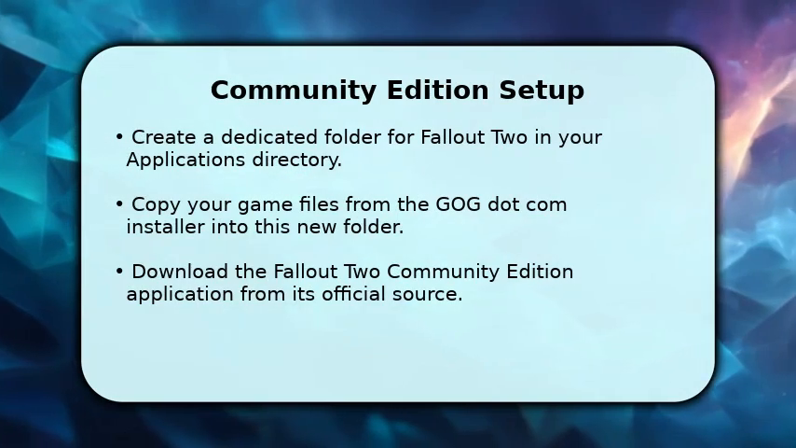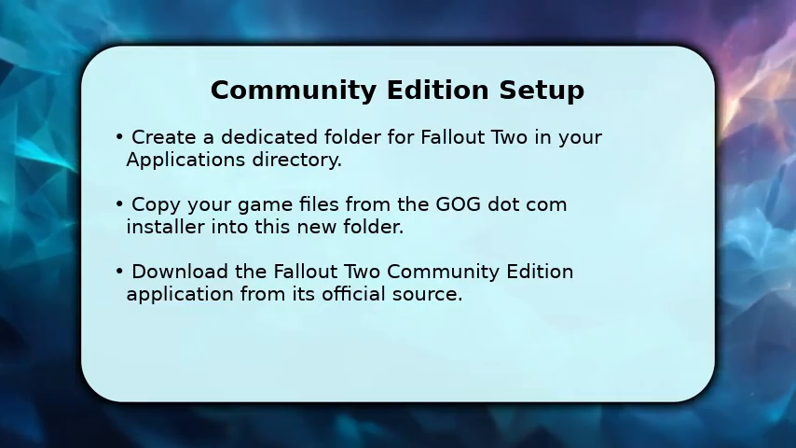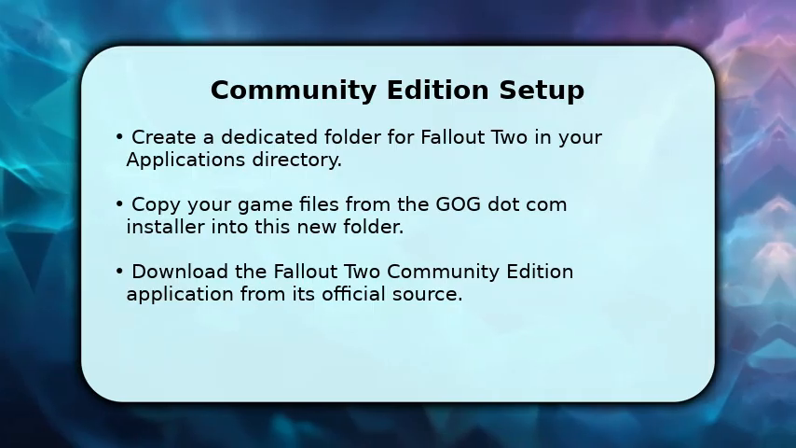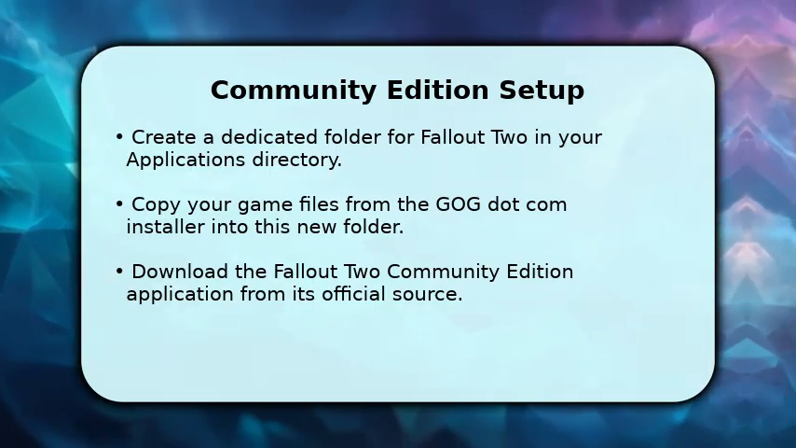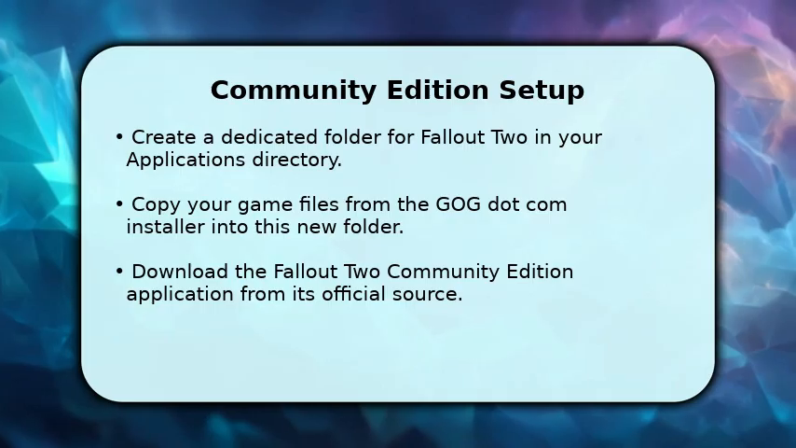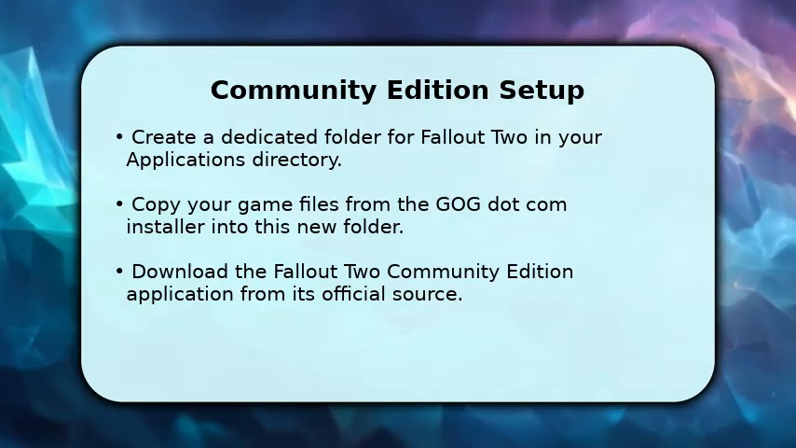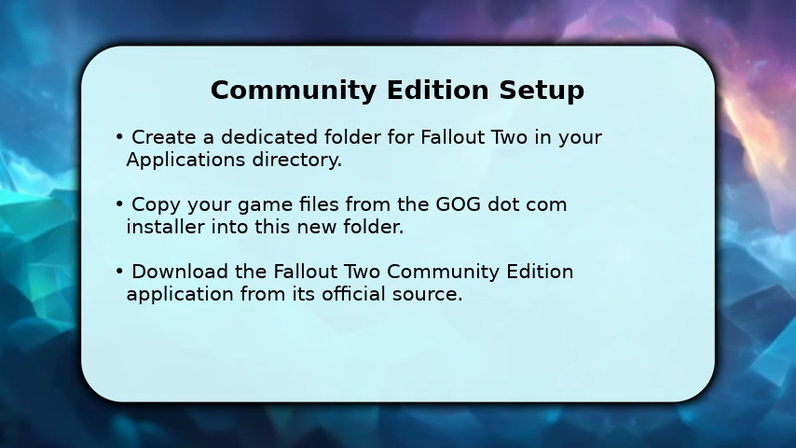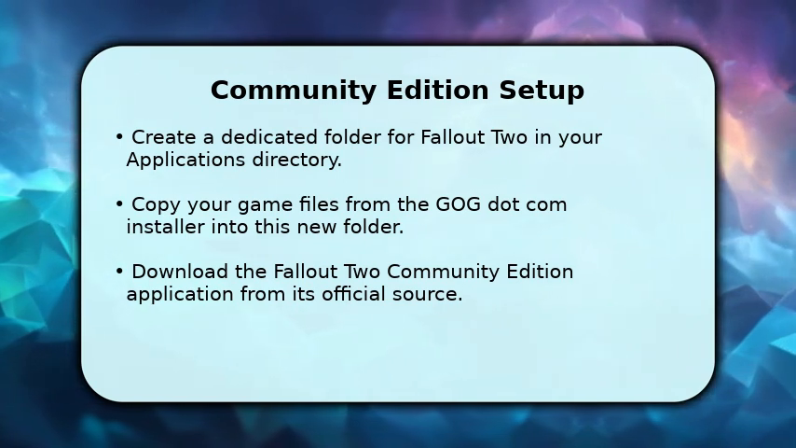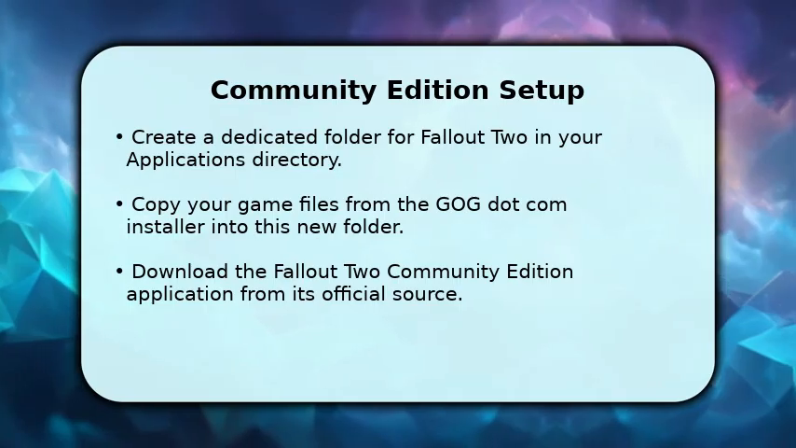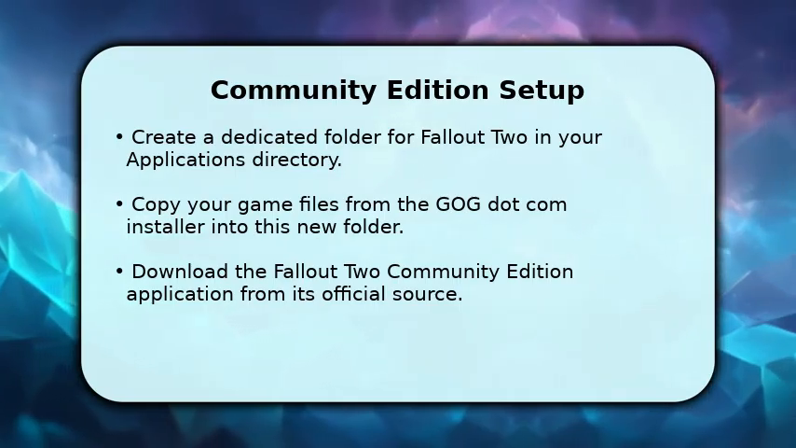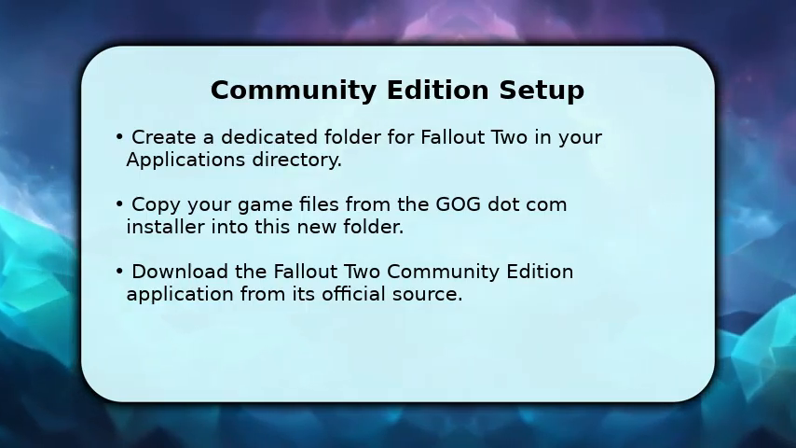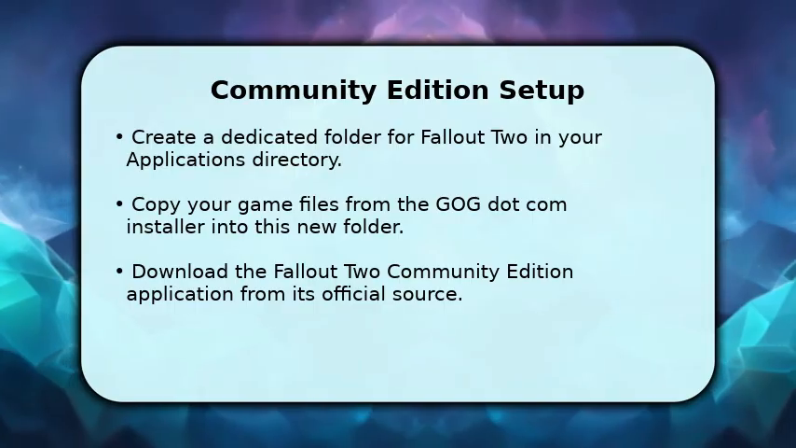Setting up the Community Edition is quite simple. Begin by creating a new folder named Fallout 2 within your applications directory. Next, extract or copy all the game files from your GOG.com installation into this newly created folder. Then, download the Fallout 2 Community Edition application, which is specifically designed for Mac. Drag this application into your Fallout 2 folder. Once it's in place, simply double-click the Community Edition app to launch the game and begin your adventure in the